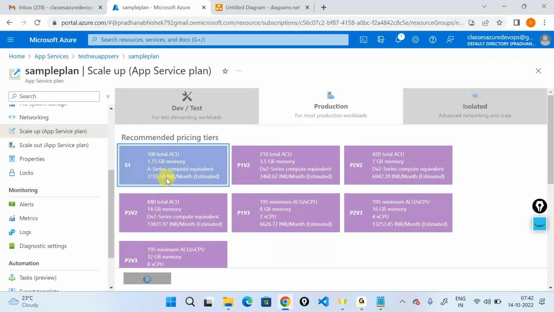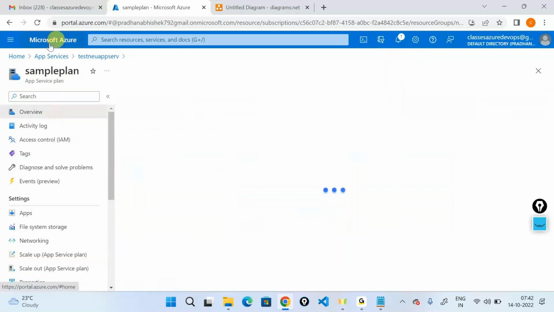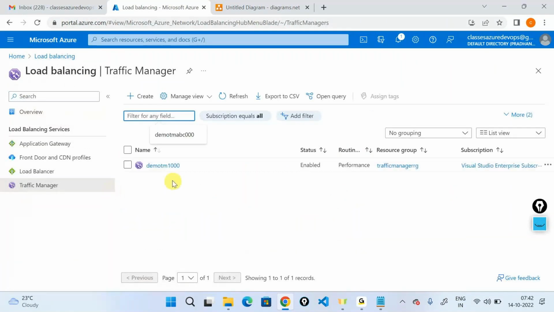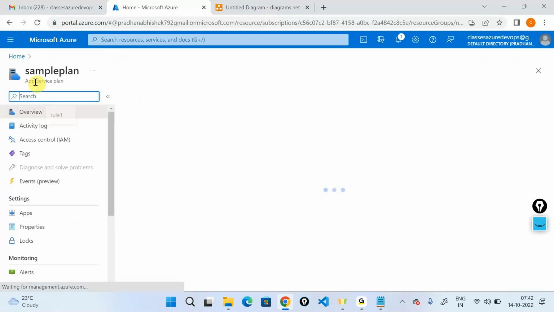Both plans should support traffic manager. Though both plans don't have to be the same, they should support traffic manager. So let me do this. Now let's go into our traffic manager right now. And it still says these are degraded. So let's give it a second. Once you update your plans, just give traffic manager a minute or so to do the updates in the background. So if you now go into the app services